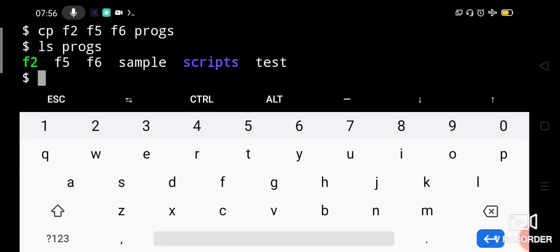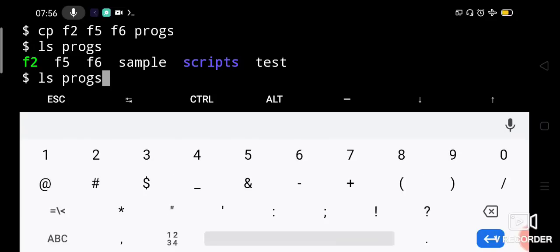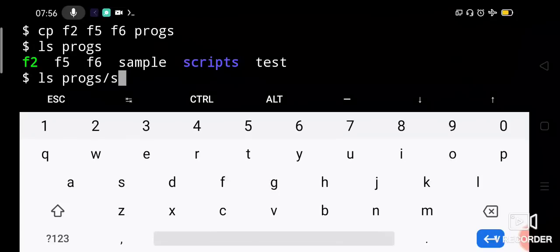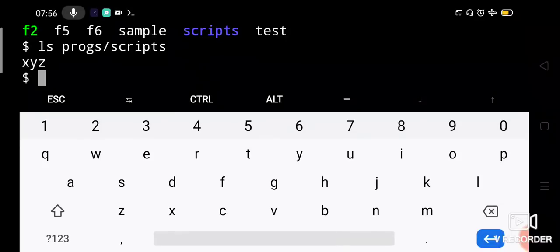Okay, then let us try copying different files starting with the same name. Like chapstar we copied, right? So let us check first. ls programs. We will copy to scripts now, because programs already have f2, f6, f5 and all. So let us copy to programs scripts. So only the xyz file is there under programs scripts, right? So let us say cp